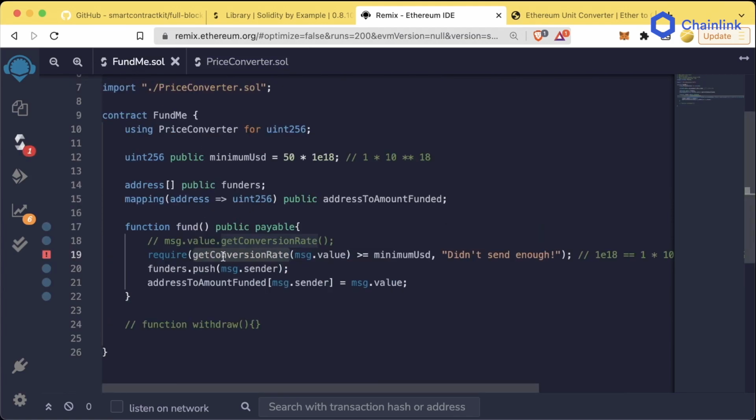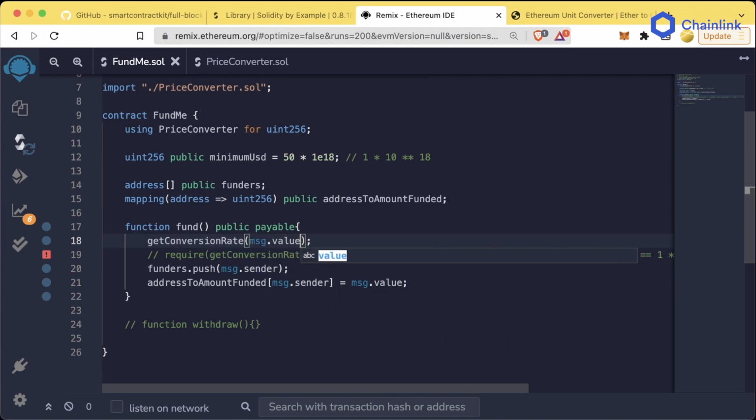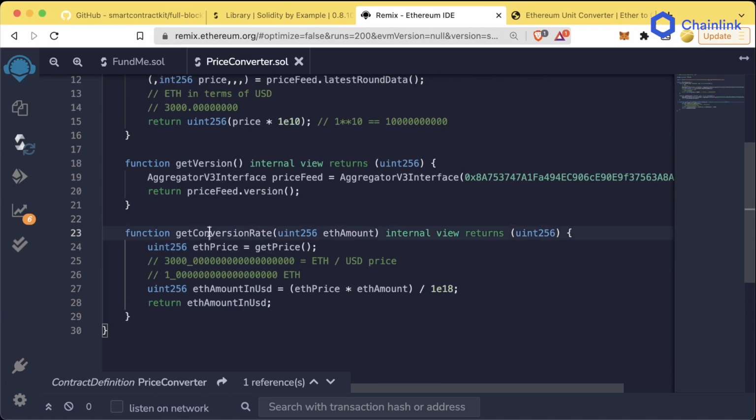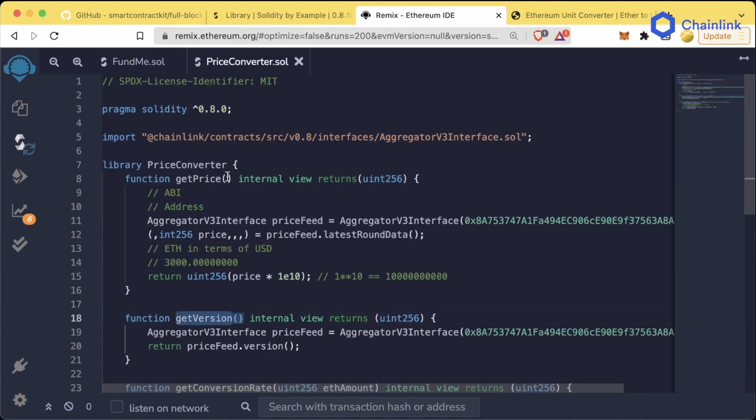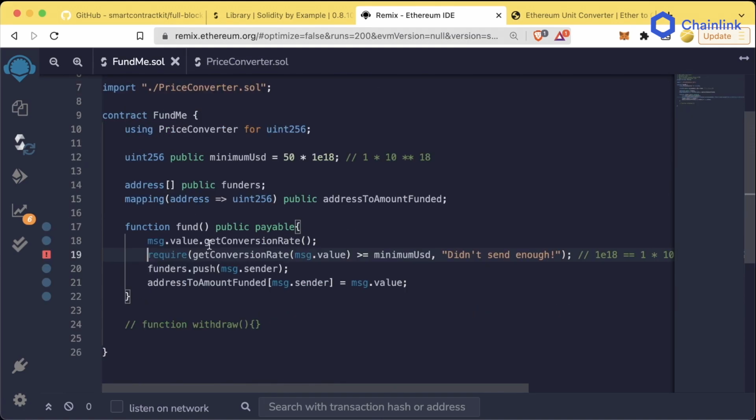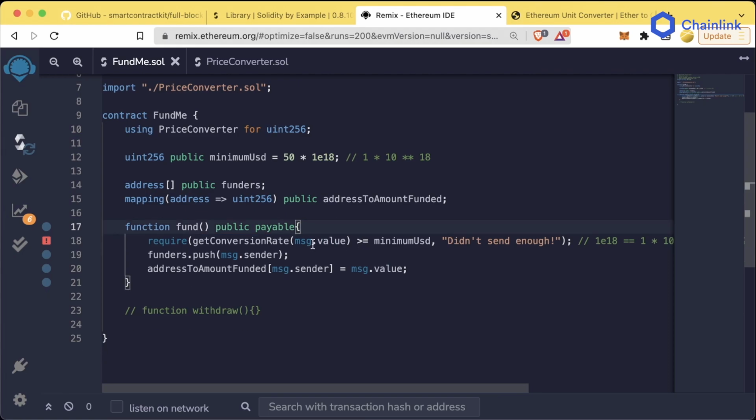So in fundme.sol, let's go ahead and comment out this line for now. If we do message.value.getConversionRate, this is secretly the same as if we did getConversionRate of message.value. In our PriceConverter library, the message.value is going to be passed as the input parameter to getConversionRate. For getPrice and getVersion, we don't really care about the number, so we're just going to leave it blank for now. So instead of require getConversionRate of message.value, we can now do